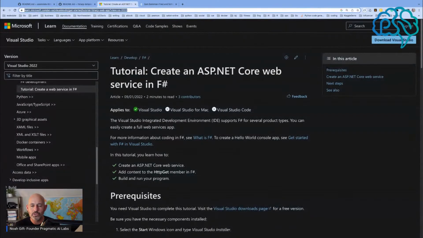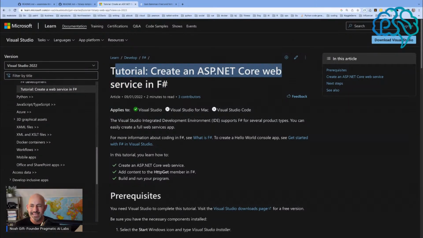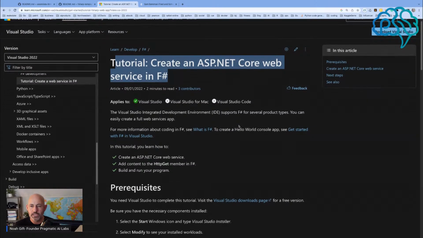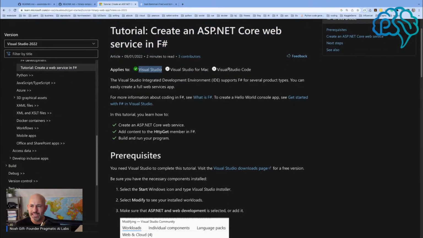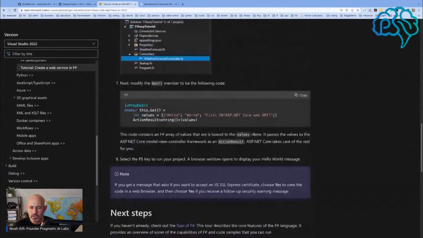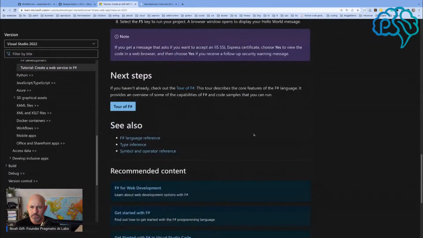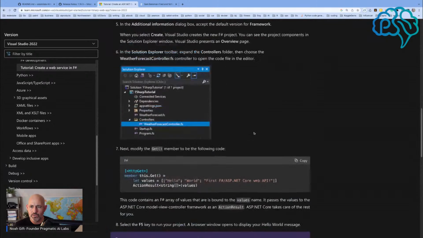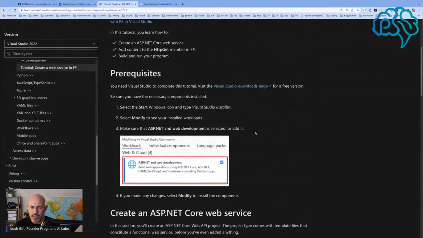I'll go ahead and show the tutorial I was looking at: create an ASP.NET Core web service in F-Sharp. Here we can see it applies for Visual Studio. It doesn't apparently apply for Visual Studio Code, which is kind of interesting. And so I think I should be able to make it apply though, right? Because we should be able to look at